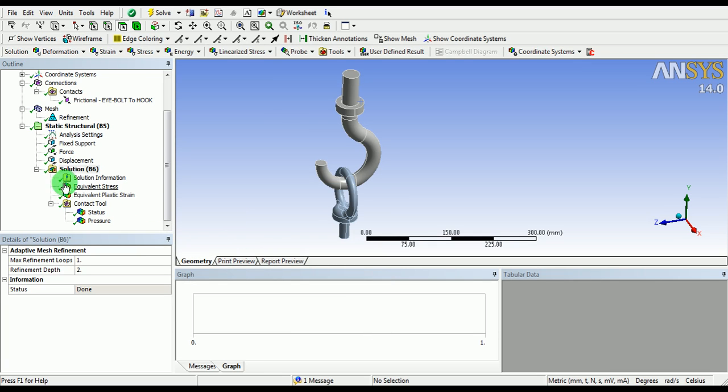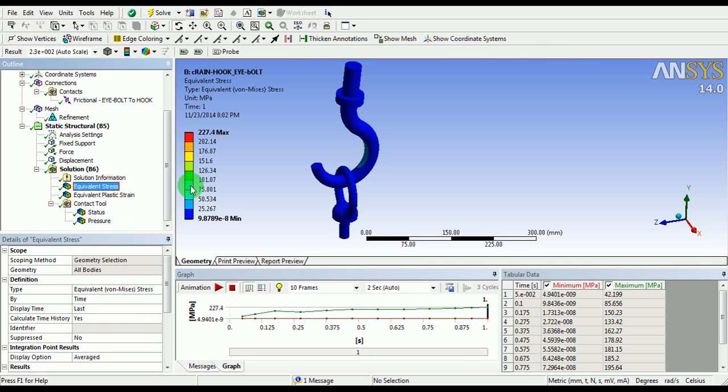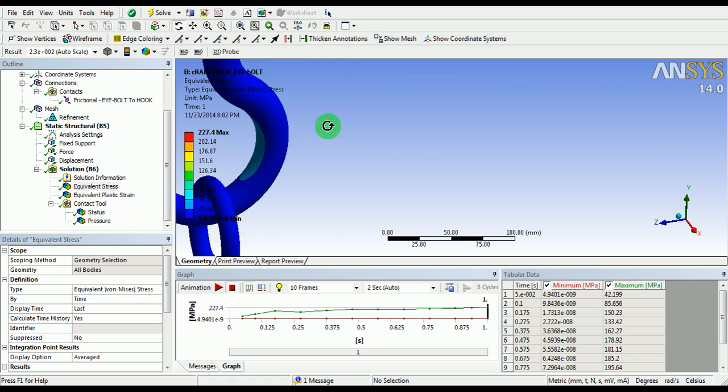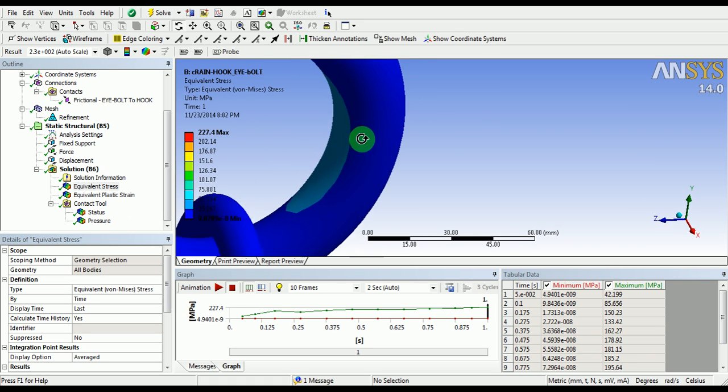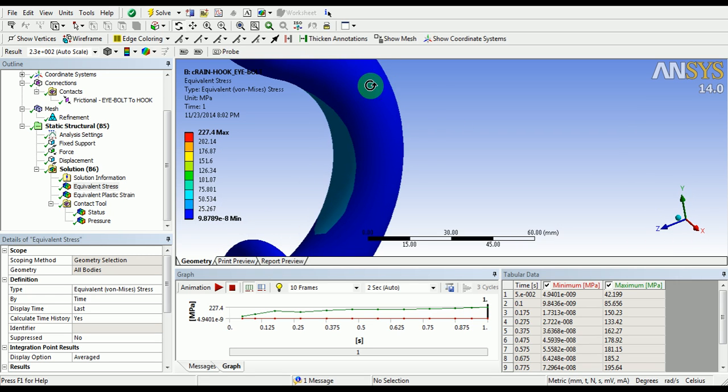You can observe the green check marks for all the results, which means all the results are now computed. Pick on equivalent stress, which says the stress is 227.4 MPa occurring at exactly the middle of this crane hook.